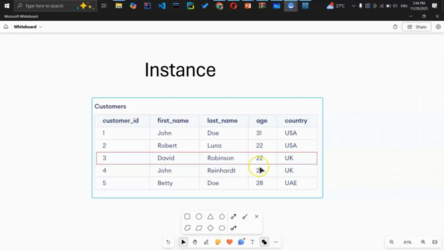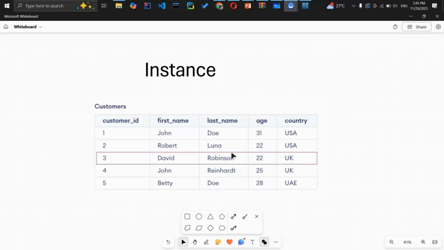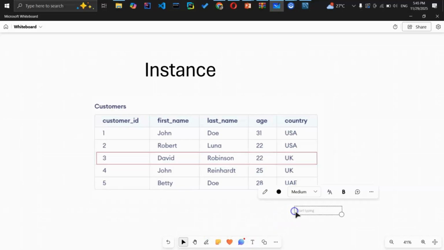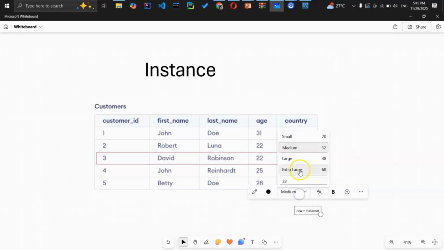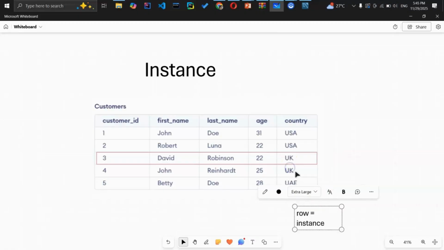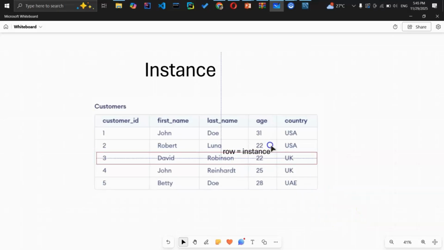These rows equal the instance, right? Rows are equal to the instance, like this. We can represent it like this, right? A displayed schema is the